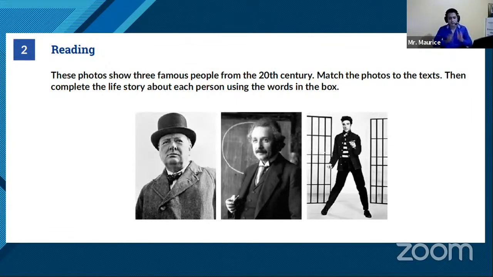No problem if you don't have any information about these guys, or if the information is wrong. I need you to think and make sentences with the verb to be in past. For this activity, guys, you will have 4 minutes. 4 minutes, okay? If you can get information,